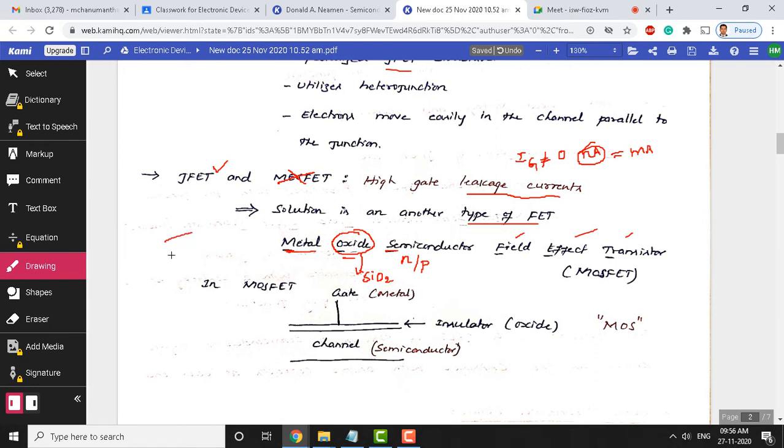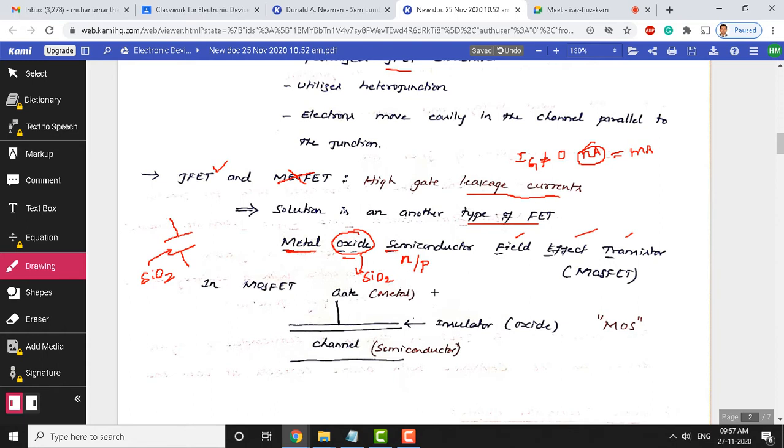The parallel plate capacitor has an upper plate and a lower plate. In our case, let us assume the upper plate is a metal, and the lower plate you can think of like a semiconductor. In between, in the MOSFET, we have an oxide, SiO2. The MOSFET is nothing but a capacitor only. You see here the capacitance effect within the MOSFET. That means, if you understand the working principle of a capacitor, you can also understand the working principle of MOSFET. So, MOSFET works on the principle of capacitance, nothing else.